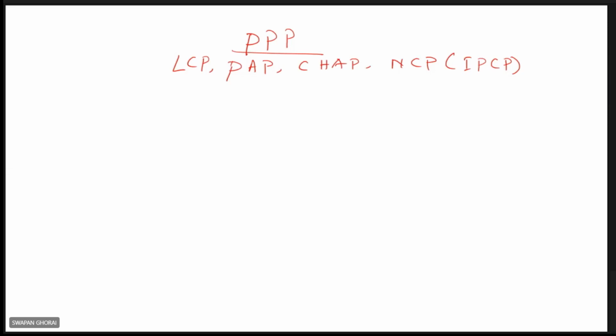So last time we were discussing the PPP protocol, the point-to-point protocol. We have seen this data link layer protocol, which is widely used for the internet, particularly when home computers are connected to internet servers. It is very similar to the HDLC protocol, but there are slight differences that we have seen last time. It is a byte-oriented protocol.